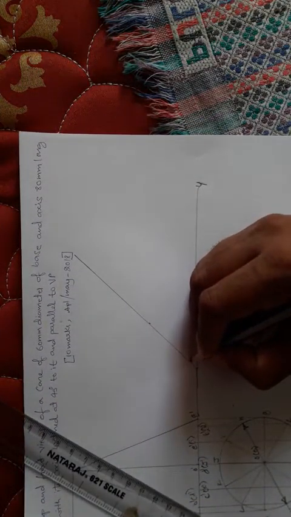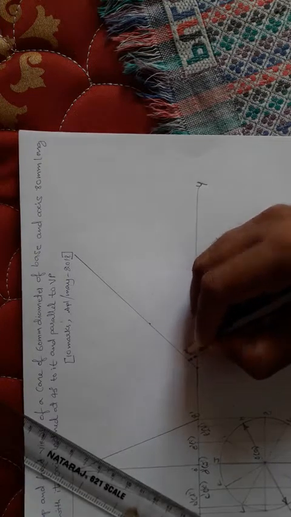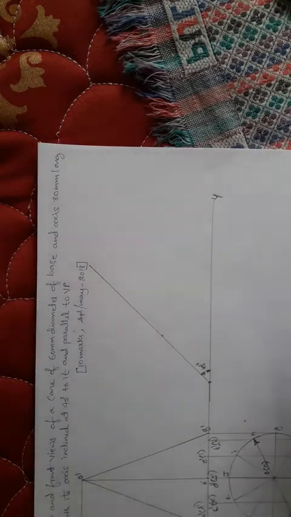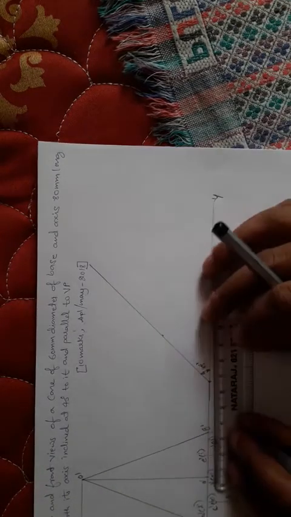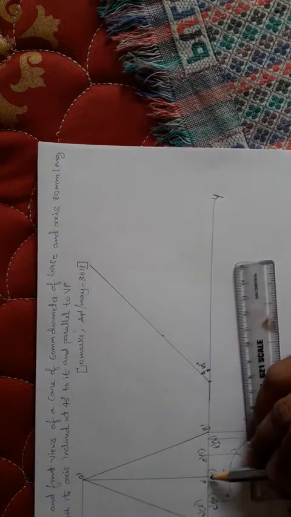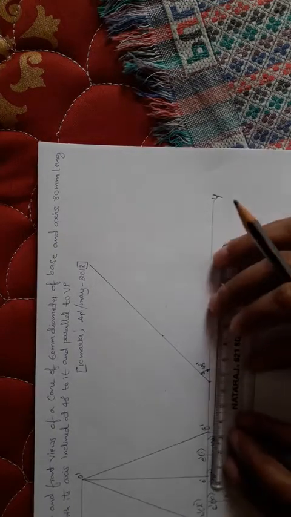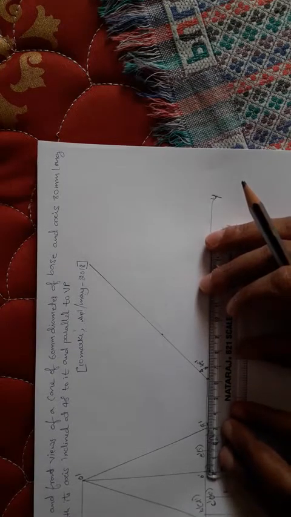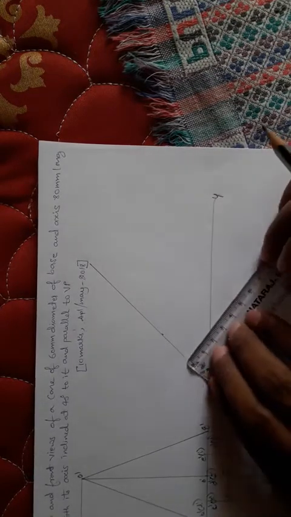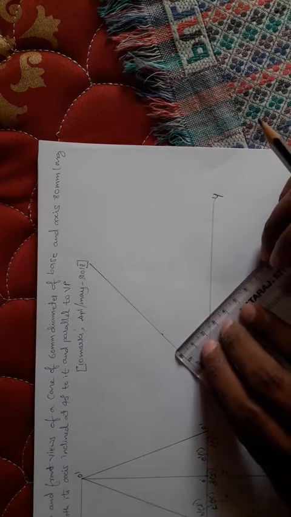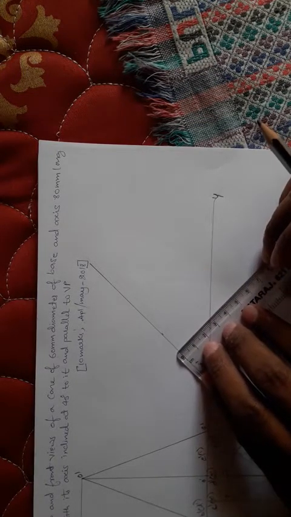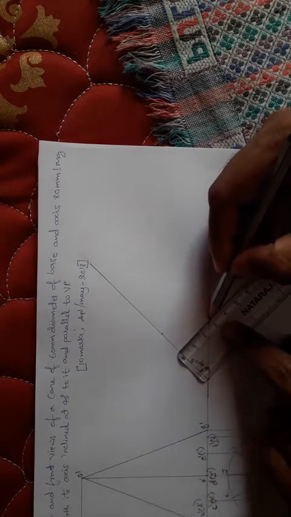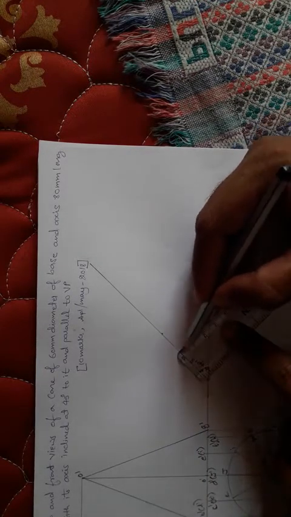It is an angle 45 degree to HP. Okay, and I am going to take the measurement from this point to this point. So approximately the distance is 29 mm. So I am going to make a perpendicular line from here to here. See, you can see the 29 mm from this line to the XY line.